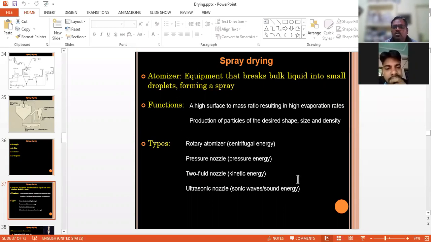Different types of atomizer are actually available. We are using rotary atomizer in most of the plants, pressure nozzle or rotary atomizer. These two are actually very much popular, and we actually see them in different milk drying plants, even in Bihar, we are using pressure nozzle or rotary nozzle, है ना। Two fluid nozzle is not used. Ultrasonic nozzle is also being used in some parts of the country. But rotary atomizer or pressure nozzle, these two types of atomizer are mostly used in our country.